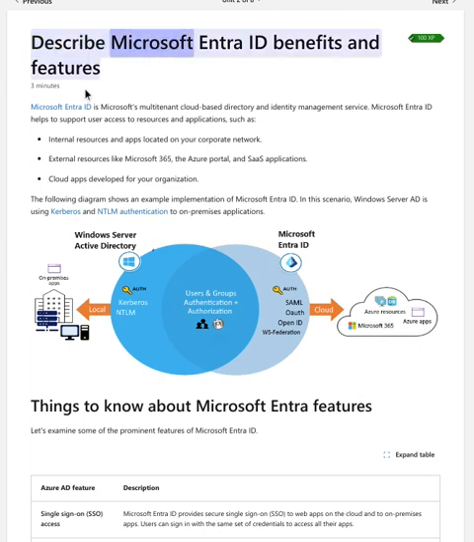Describe Microsoft Entra ID benefits and features. Microsoft Entra ID is Microsoft's multi-tenant cloud-based directory and identity management service. Microsoft Entra ID helps to support user access to resources and applications, such as internal resources and apps located on your corporate network, external resources like Microsoft 365, the Azure portal,